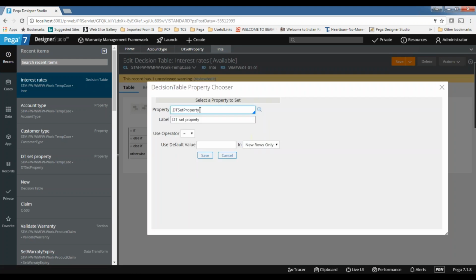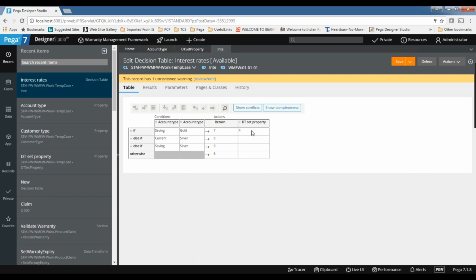So here I want to set the output to this property. So here I am just setting the value. At the same time, I can set the value to a property. So let's say if the output is this one, then I want to set 100. Let's say it is 200. This is 300. This is 50. What generally people will do is, based on this output in the logic, in the activity or somewhere, they will set the values once they call it. But directly in the decision table itself, we have that provision. You can set the values to a property.